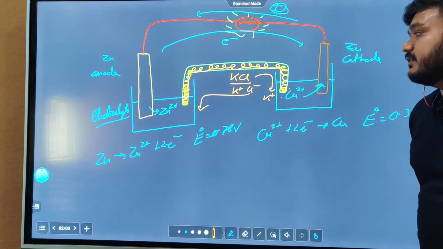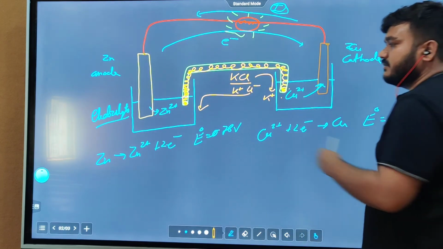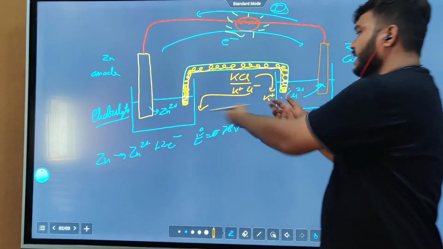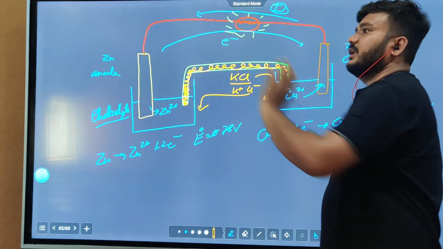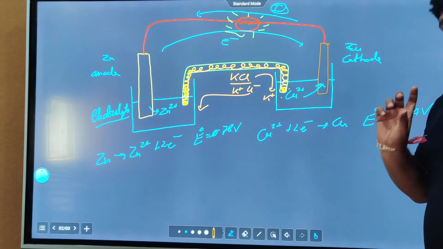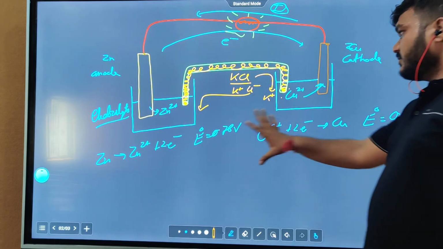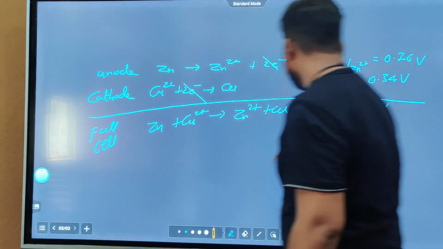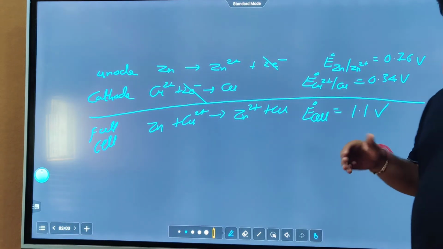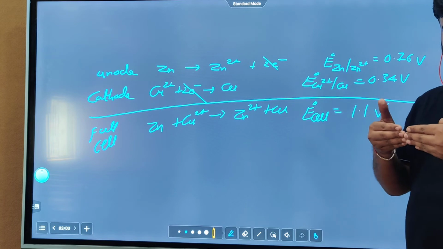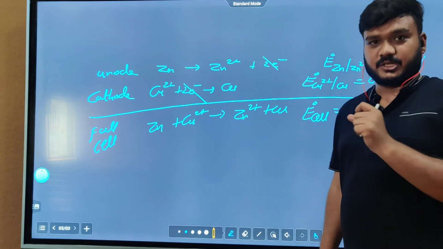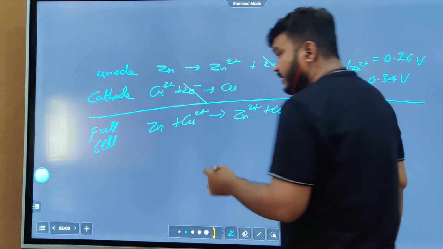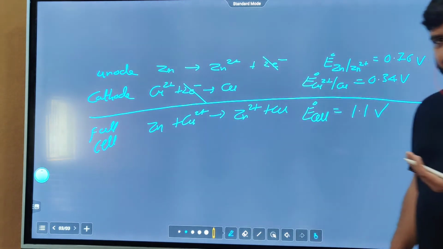Now a student will ask, sir, what happens if we directly attach this? Then also you can maintain that. Just directly attach this to this, connect the pipe, and allow them to flow. If you do so, what happens? Suppose you have generated a cell of 1.1. In that case, when the two liquids mix, there will be a potential at the junction called the liquid-liquid junction potential. That will be generated in the opposite direction.